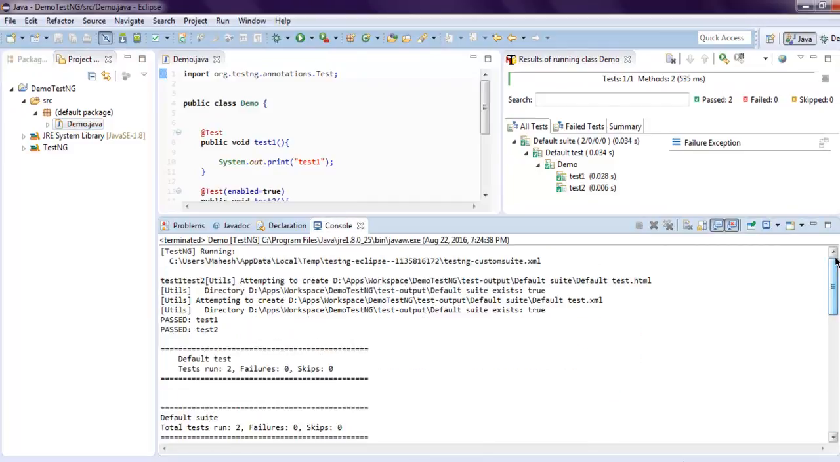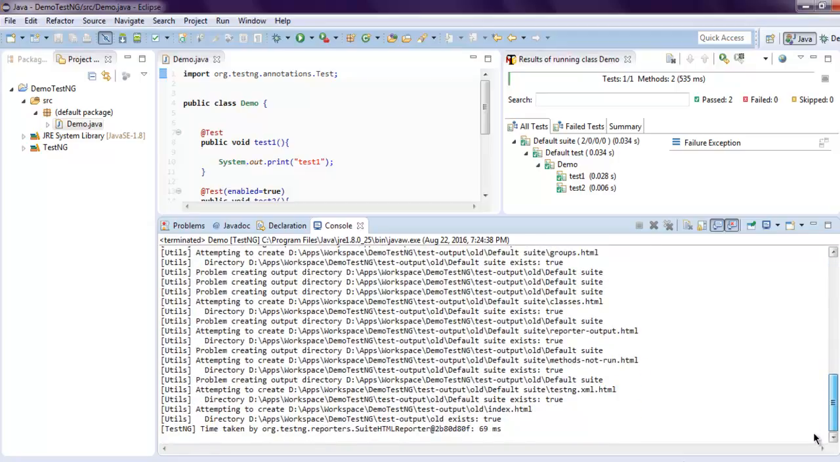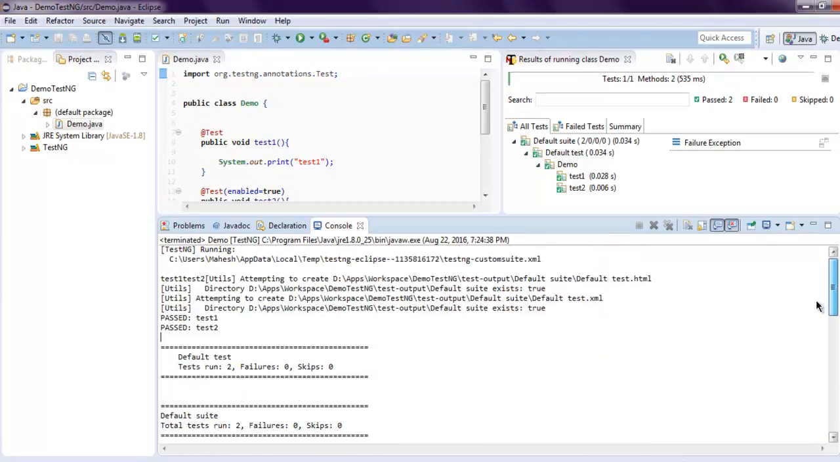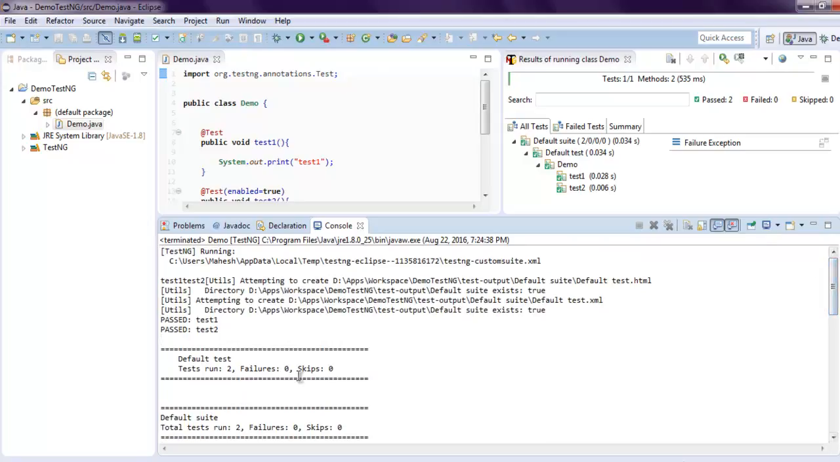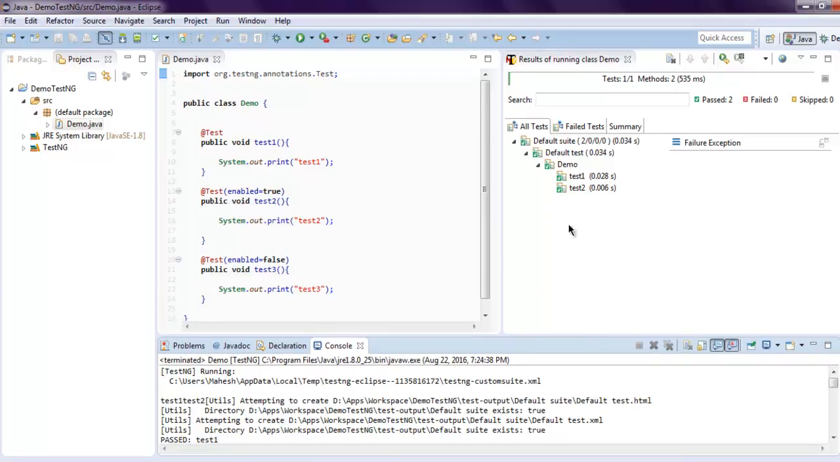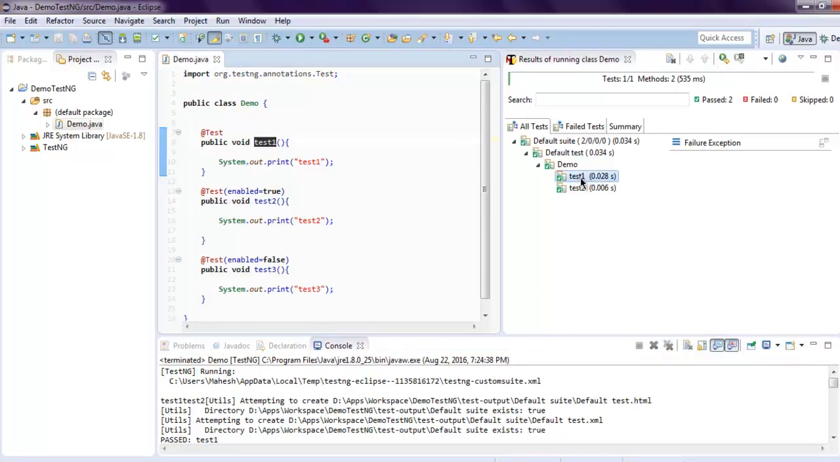Okay, so let's check here. You see test1 is passed, test2 is passed, and test3 is nowhere to be seen and it is ignored, so it doesn't appear in failure or skips. So if you check your TestNG report, it should show you execution for test1, then test2, and no option for